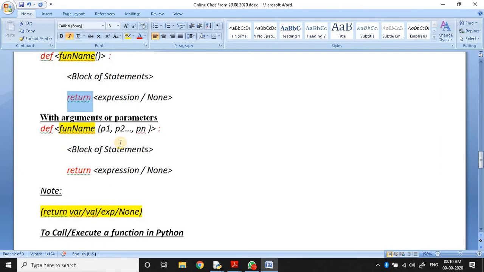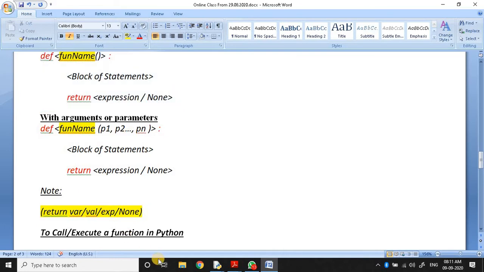Return is a keyword. How to define return? Return, space, variable or value or expression or nothing. If you return nothing, None will be returned. Expression means the expression result will be returned. Value means the direct value will be returned. Variable means the value held by the variable will be returned. These are the things already seen in the last class.